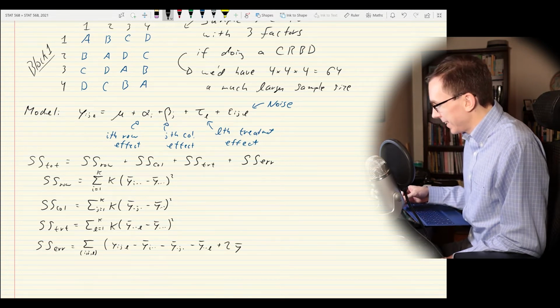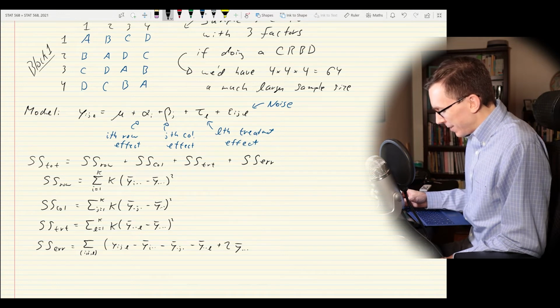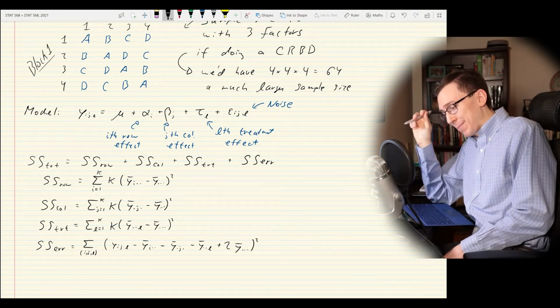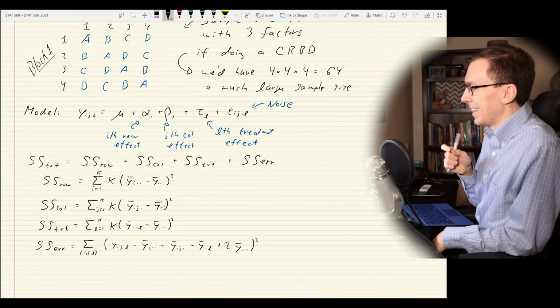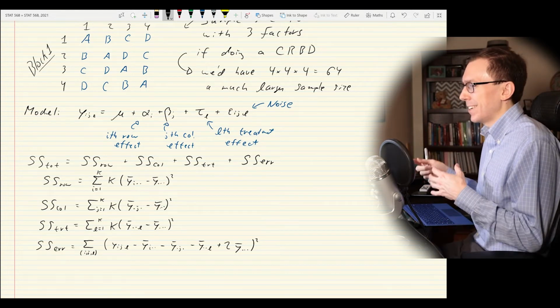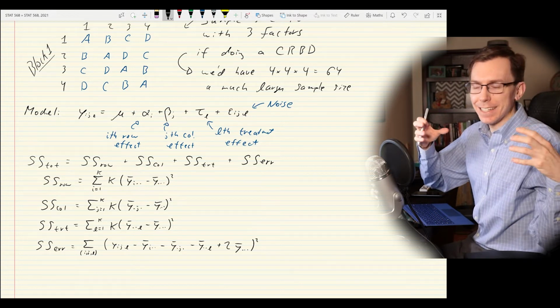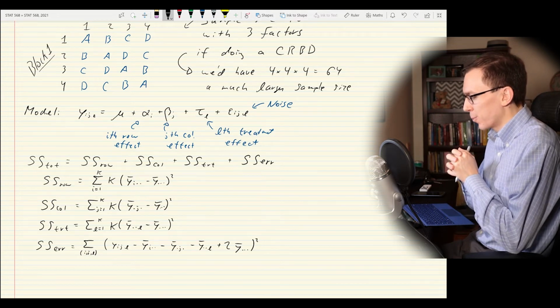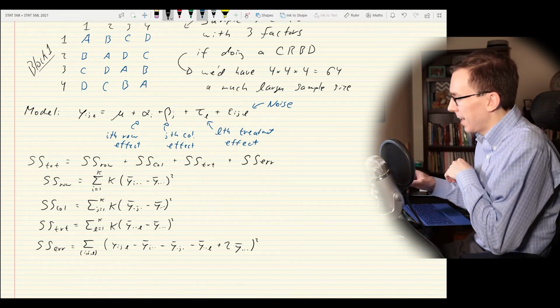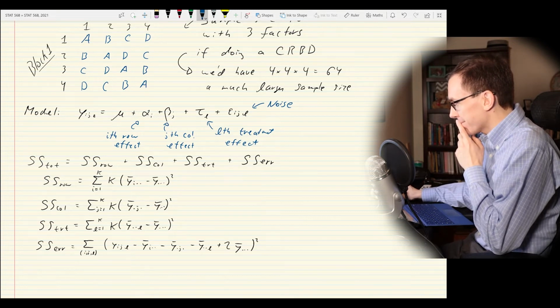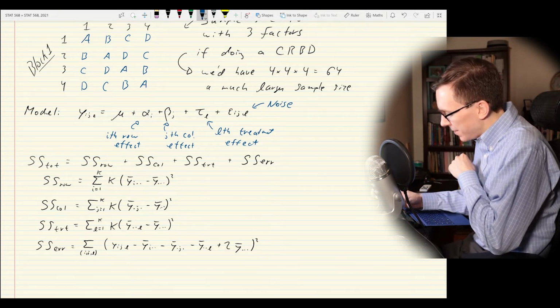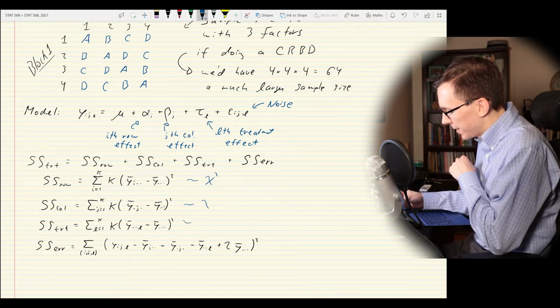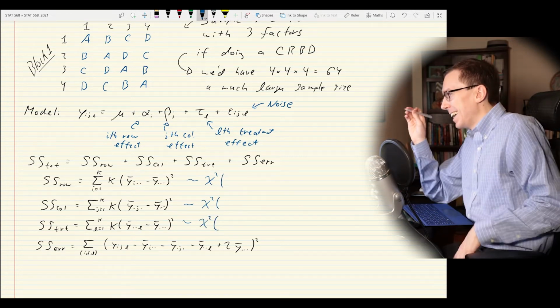Okay, so I'm going to write this down again. I really don't want to go through the headache of trying to derive the whole thing because it's super annoying. But if you really wanted to, you can take the total sum of squares, decompose it into the specific sums of squares, and then work through it using something like Cochran's theorem again. Now, each of these terms, under their respective null hypotheses, again, always under the null hypothesis, because we're in frequentist statistics,